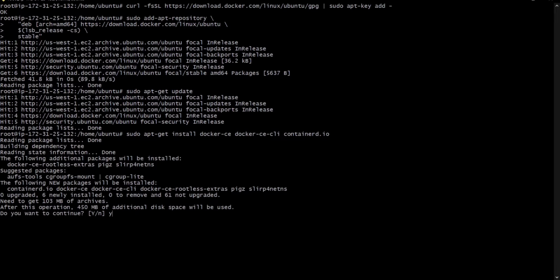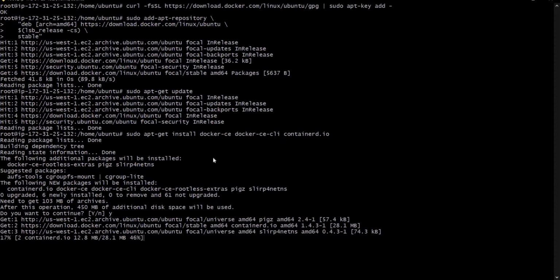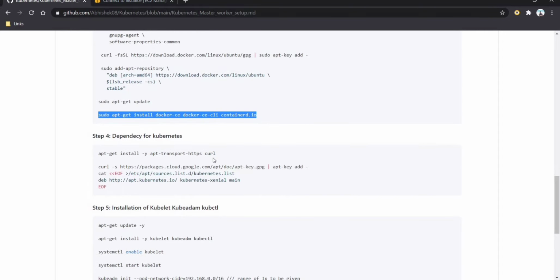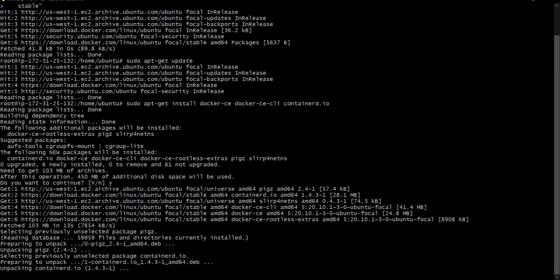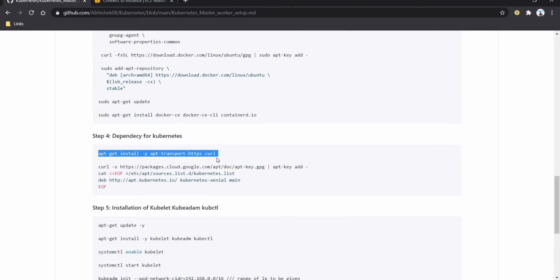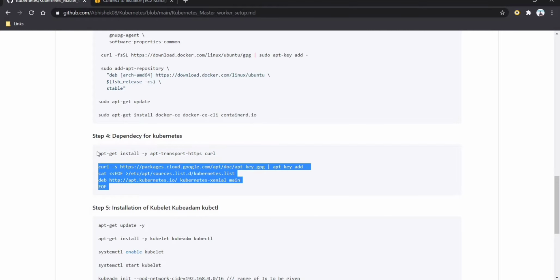So here Docker is being installed. Once Docker is installed, we have to add the dependency for Kubernetes. This is the dependency we have to add on our machine, so just copy this command.